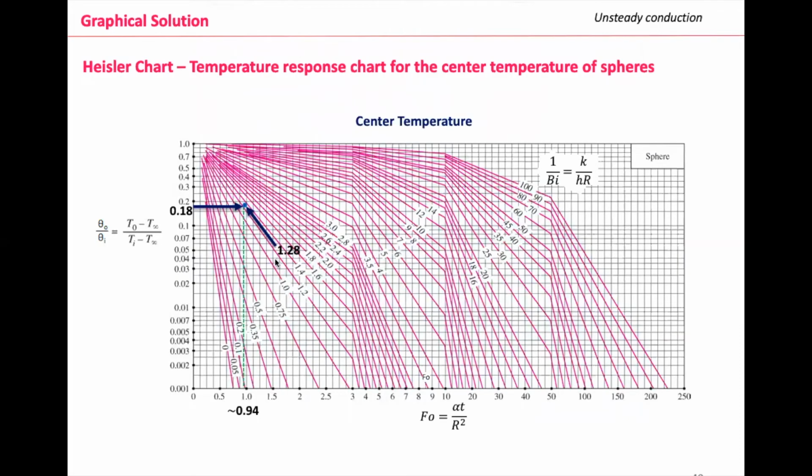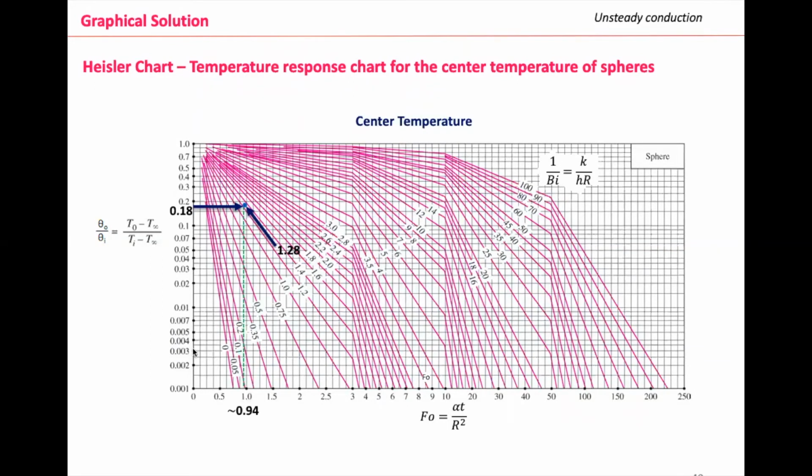And let's see, I have here 0.94. So we get dimensionless temperature 0.18, that is here down the 0.2, right? Inverse Biot was 1.28, right? So 1.28 between 1.2 and 1.4, right? And then I go down, down, down, and before 1. So 0.9, 0.94, 0.95, I mean,